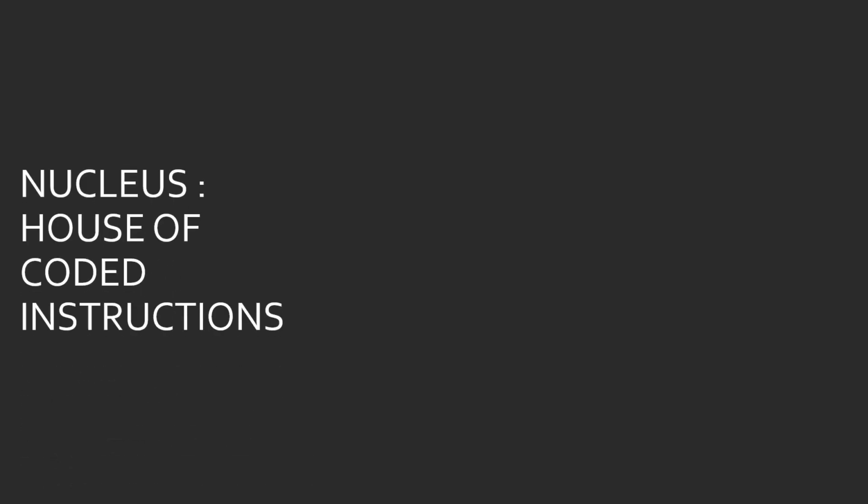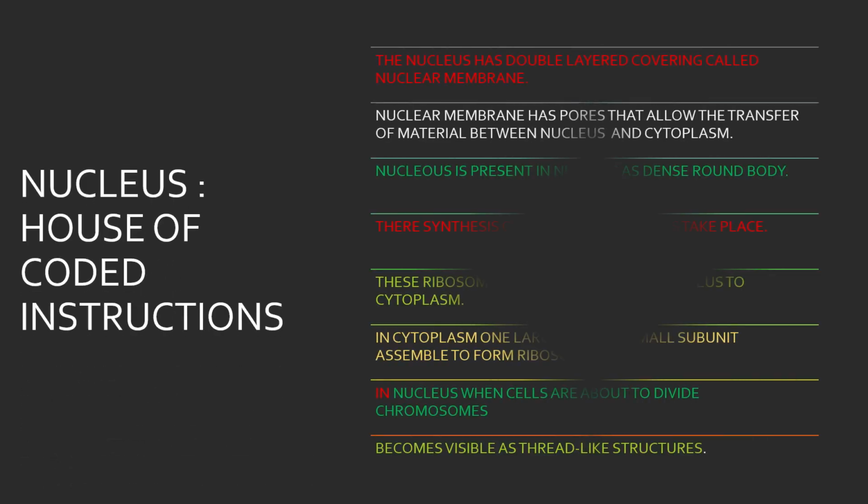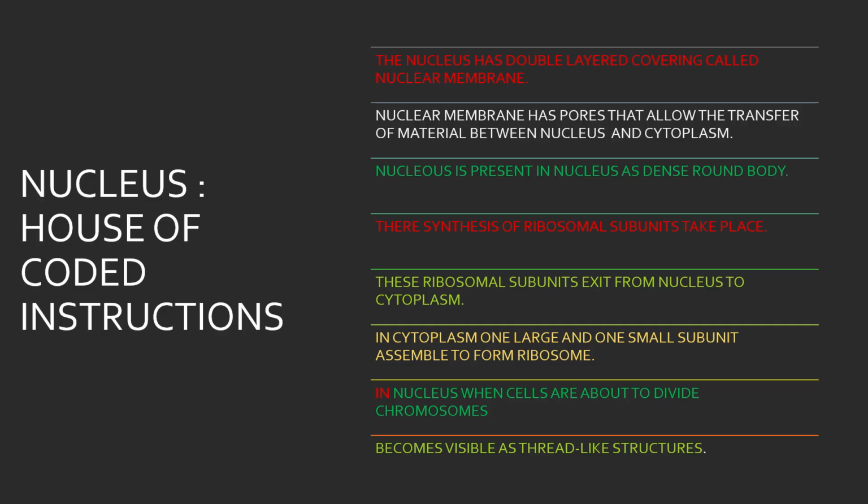Nucleus, house of coded instructions. The nucleus has a double-layered covering called the nuclear membrane. The nuclear membrane has pores that allow the transfer of material between the nucleus and cytoplasm. The nucleolus is present in the nucleus as a dense round body, and in the nucleolus, synthesis of ribosomal subunits takes place, and